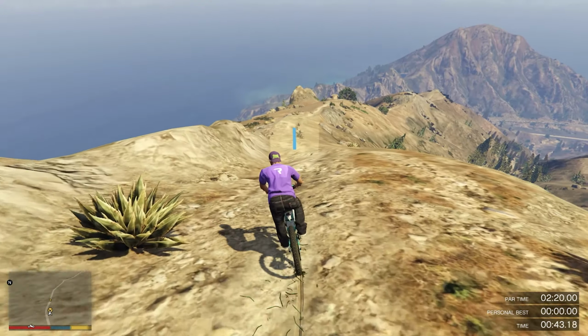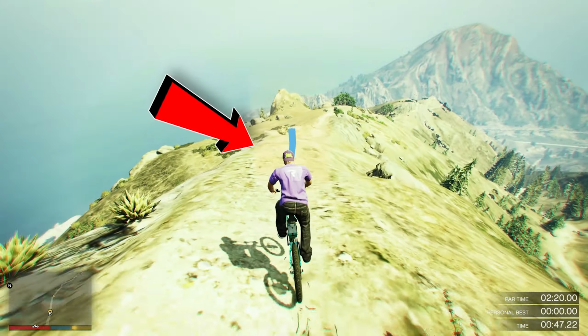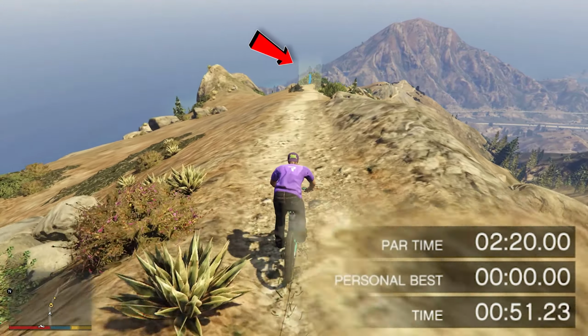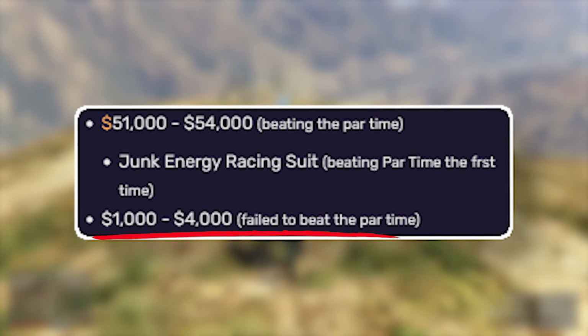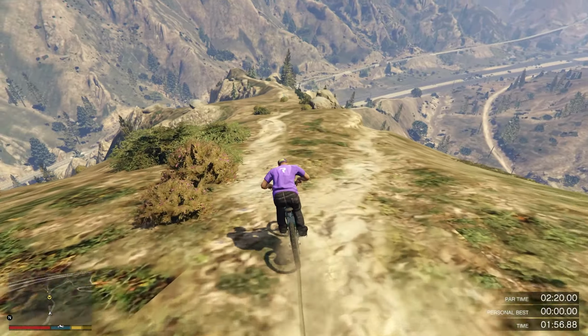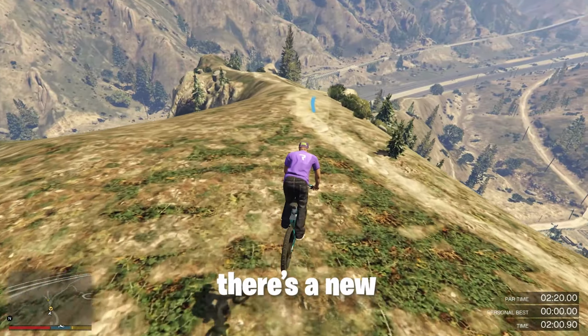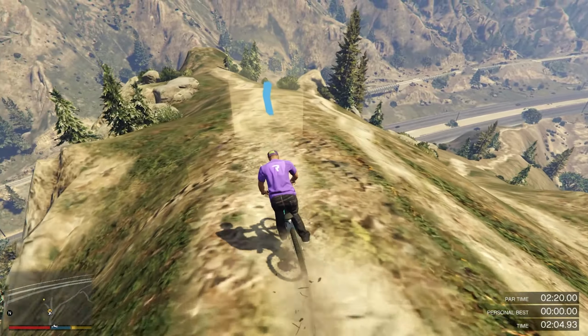The time trial is pretty easy and straightforward. You simply follow these arrows and finish the entire track before the timer in the bottom left corner goes over the goal. If you fail to get it in time, you will still earn some money, but this won't be that much. You can try this as much as you want until you beat the timer, which will earn you your first $51,000. There's a new Junk Energy time trial every day, so if you wanted you could earn 51k